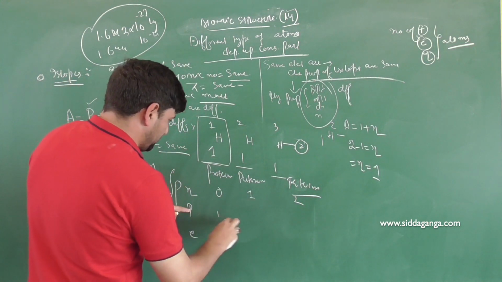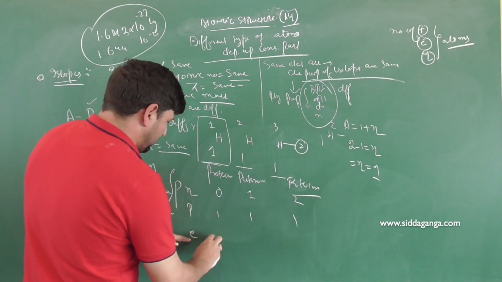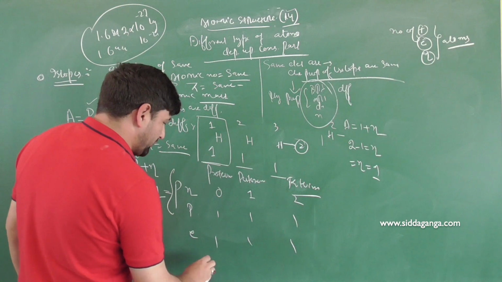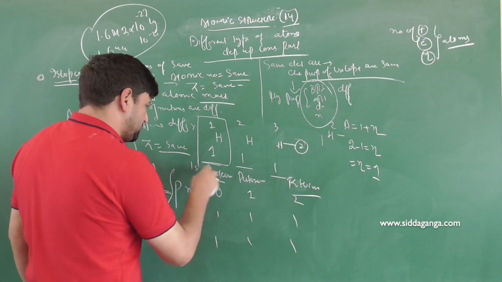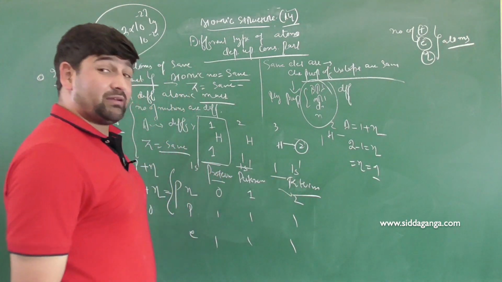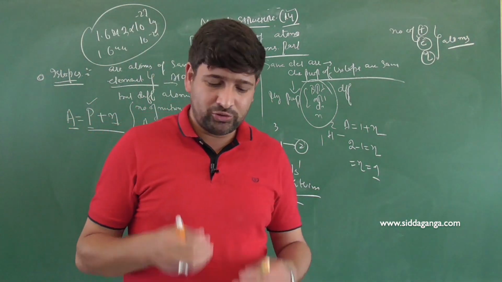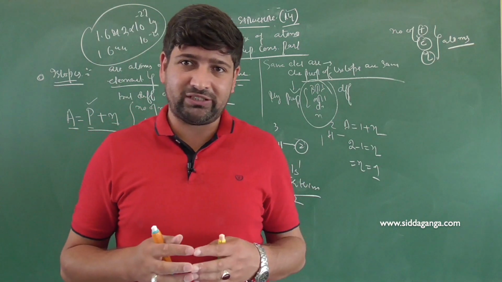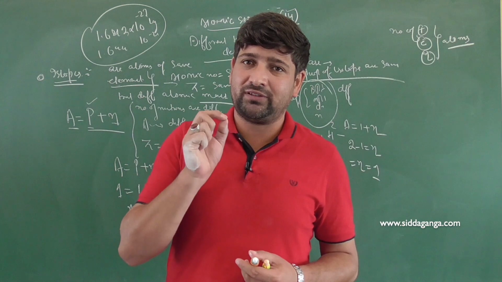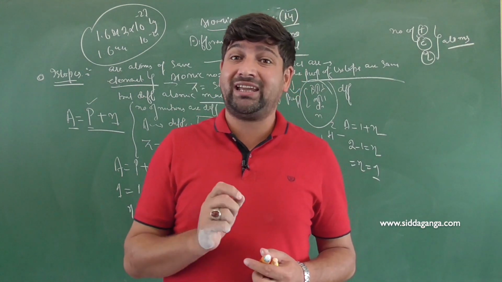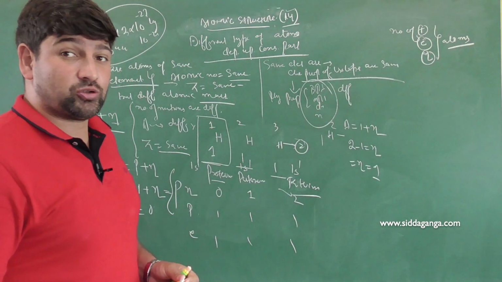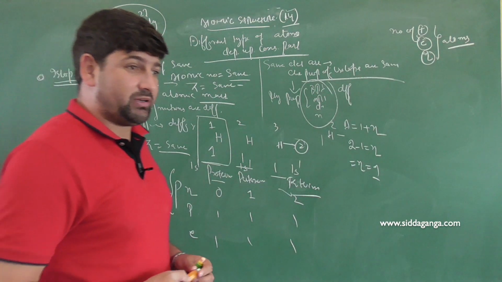What's the number of protons? 1, 1, 1. What about the number of electrons? 1, 1, 1. And if you want to write the electronic configuration, for this it is 1s1, for this also 1s1, for this also 1s1. What is the number of protons you have? 1 only. So the nuclear pull on the outermost electron will be the same. Thus chemical reactions will always be the same. So isotopes will show different physical properties but the same chemical reactions. This is one of the examples of isotopes. So what do isotopes have in common?